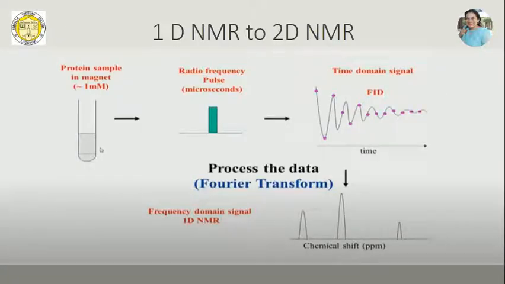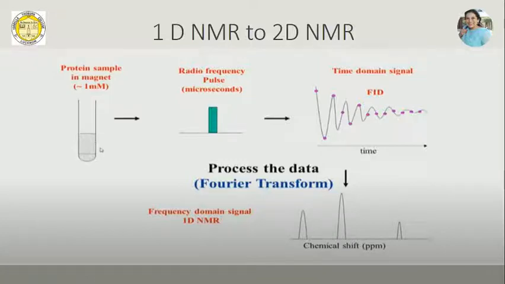Now let me take you back to how 1D NMR was being recorded. We've already done this, I'll just quickly go through it. The first step is preparation of the sample. And how do we prepare the sample? We take a sample and keep it in a 5 millimeter tube, and then we make a solution. That means our compound is made soluble in a deuterated solvent, and then it is homogenized and kept between the magnet. So that is referred to as preparation of the sample.